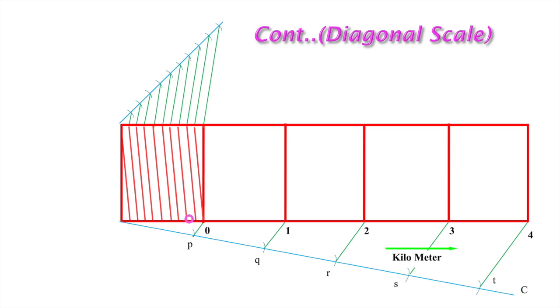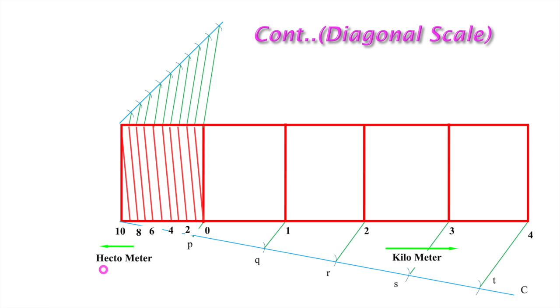Okay, now also we are getting equal 10 divisions here, and each segment is a hectometer, or 0.1 kilometer. 0.1 kilometer is equal to 1 hectometer. And again we have started with 0 from here, and in this direction these 1 to 3 indicate kilometers, while in the left direction these 1 to 3 indicate hectometers.